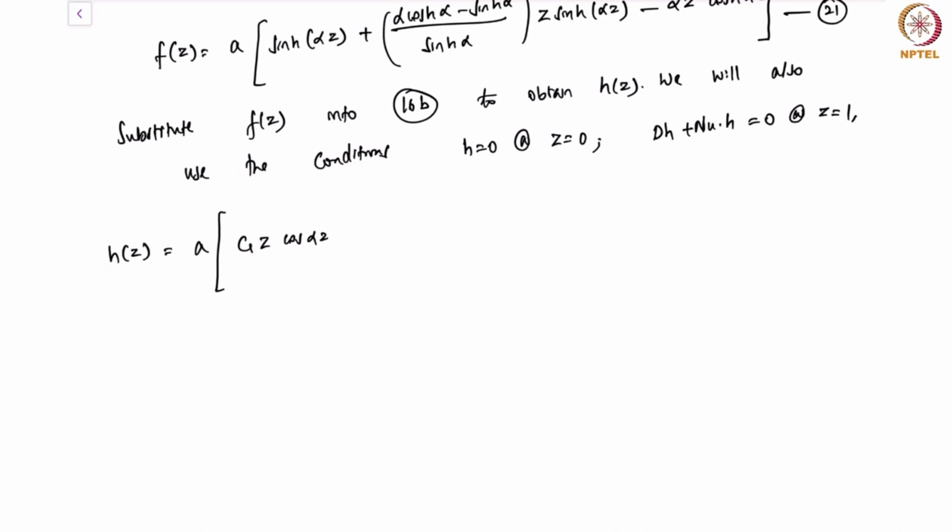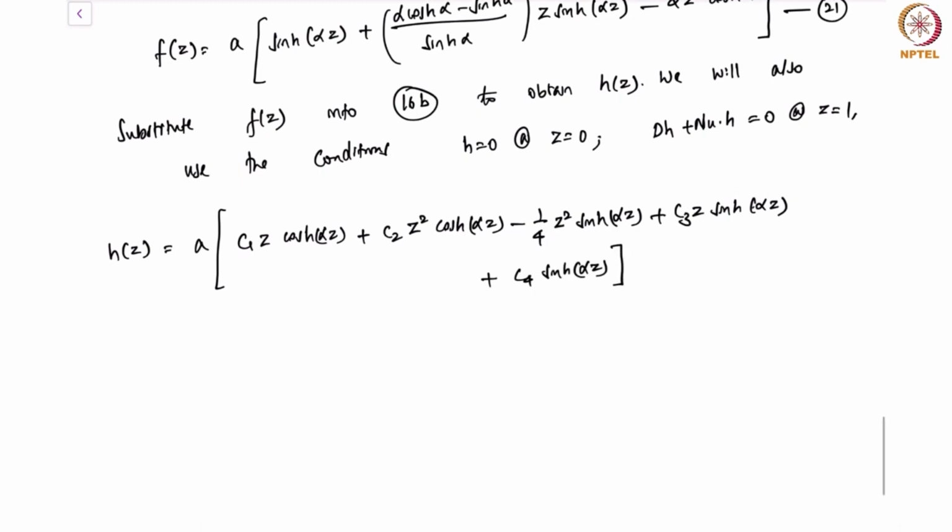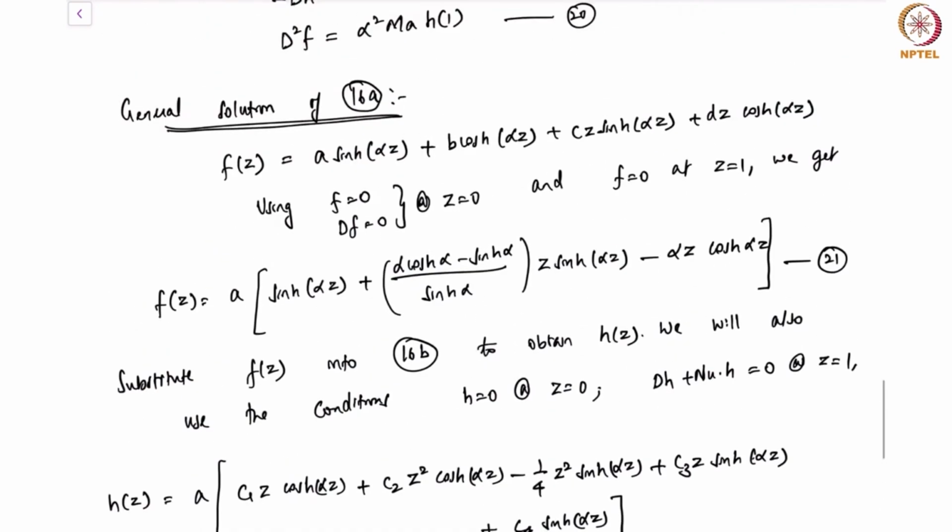This would be cos h of alpha z plus c2 z square cos h of alpha z minus 1 by 4 z square sin h of alpha z, c3 z sin h of alpha z plus c4 sin h of alpha z, where these constants, I'll write the expression for these constants, but before that let me just say